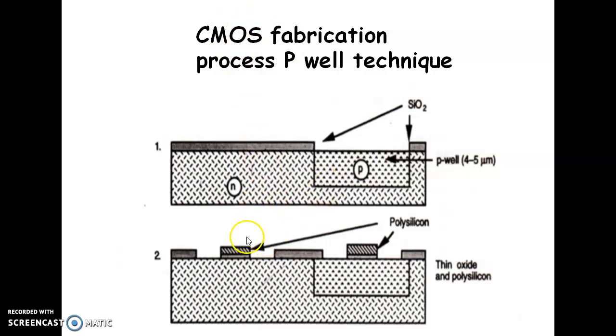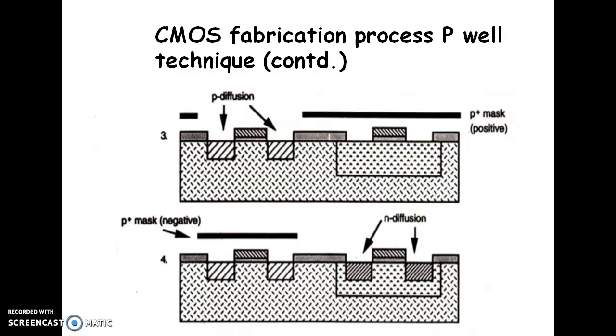And here mask 3 is used to pattern the polysilicon layer which is deposited after the thin oxide. So this is polysilicon. Polysilicon is a material used for forming the gate. Here in this step we can see both transistor gates are formed. NMOS transistor and PMOS transistor gates are formed, and the oxide layer beneath the gate is also formed. So next our objective is to form the source and drain of PMOS and source and drain of NMOS.